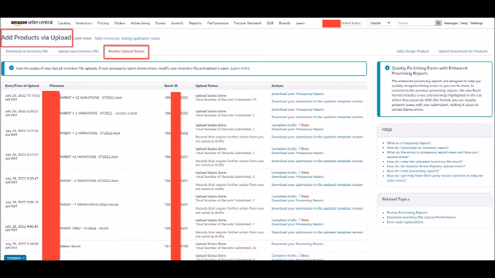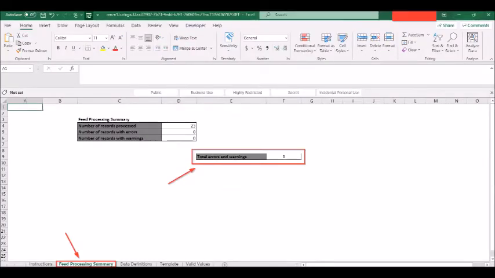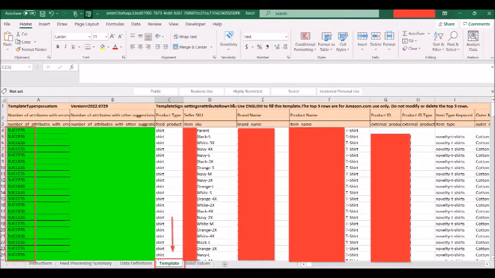When it completes, you're going to click download your process report. This report will show you if the updates are successful, or it's going to show you errors. On the screen is an example of a file that was processed and no errors resulted. To see the info, make sure you are on the Feed Processing Summary tab of the process report. On the Template tab of the process report, there will be 2 added columns, and if there are no errors,